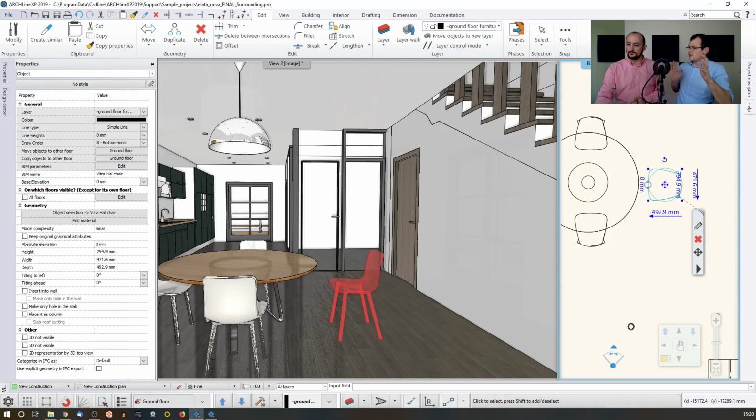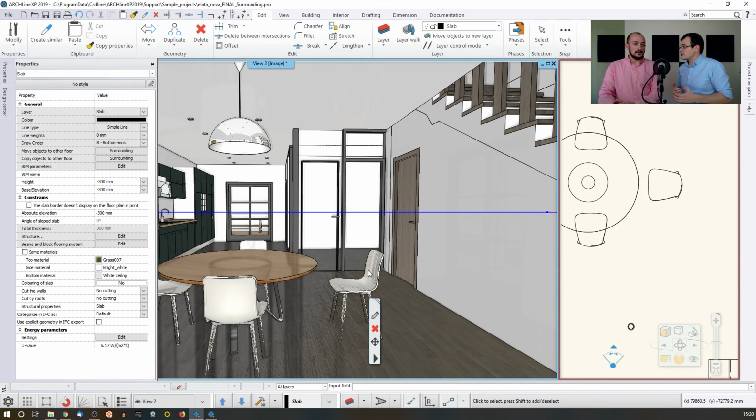So it's not just going to be a texture, but an intelligent texture which tells you exactly how many tiles of what kind of size you have. It's far more than a texture. It's actually the tile itself. The ARCHLine is actually